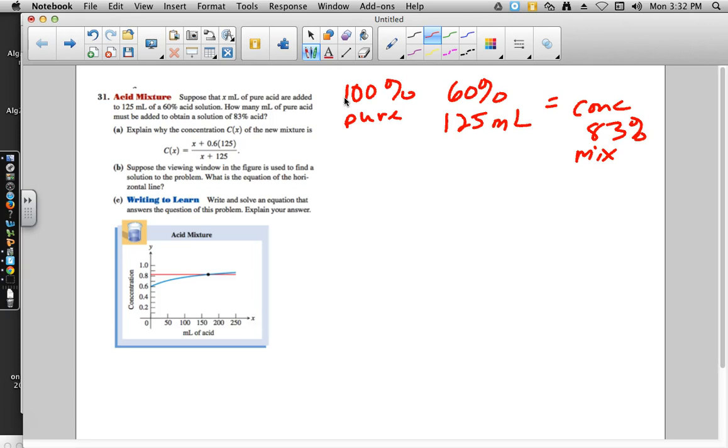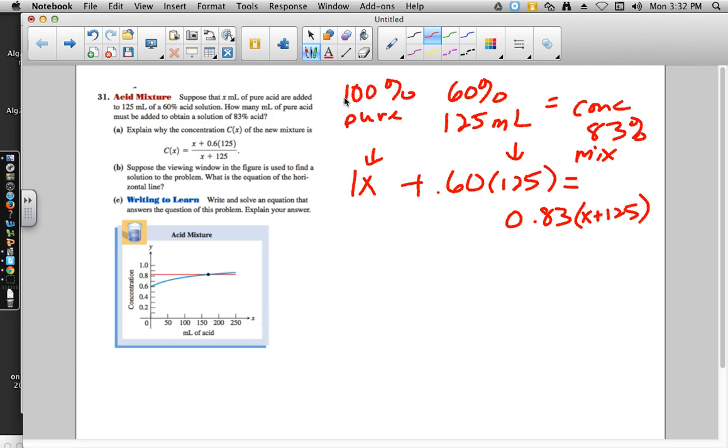So the pure acid would be 100% as a decimal is 1x. And then we have 60%, and we have 125 milliliters of that. So combined, we would have 83%, and the amount would be X plus the 125 mils that had to be